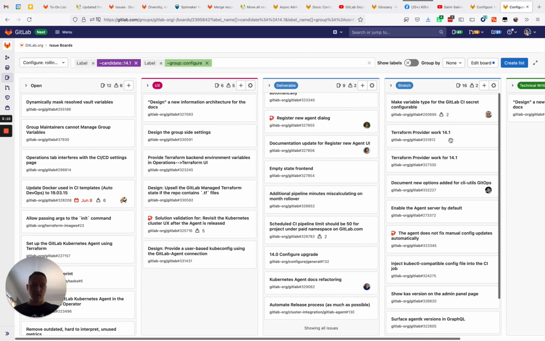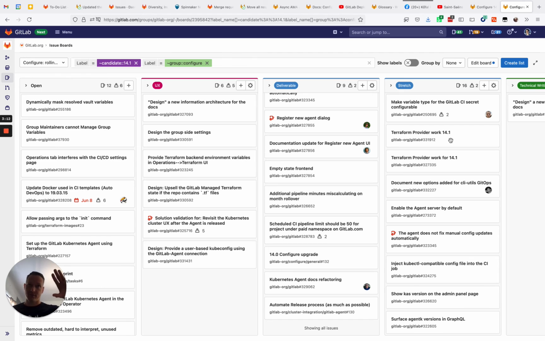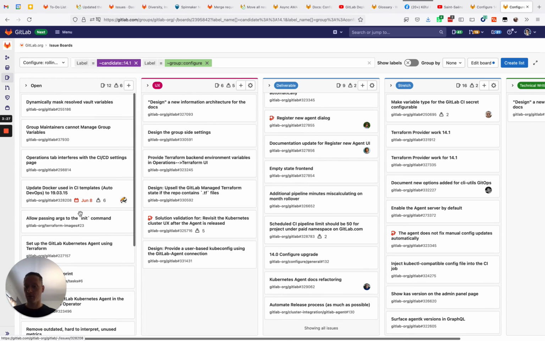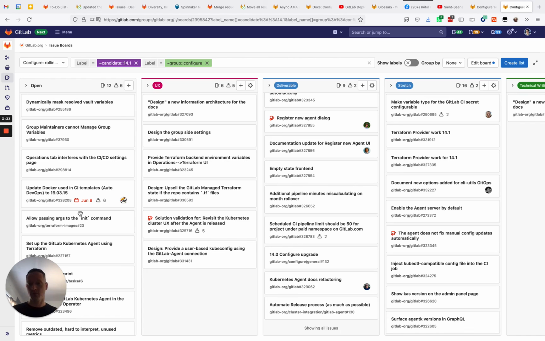Outside of this, we added the usual kind of work as stretch goals, but those are likely to be tackled in 14.2 only, as there are other debt-related issues still in the open column, and the engineers are currently evaluating what they can build into the deliverable column from there. So what's important is that we are focusing on debt repayment here.